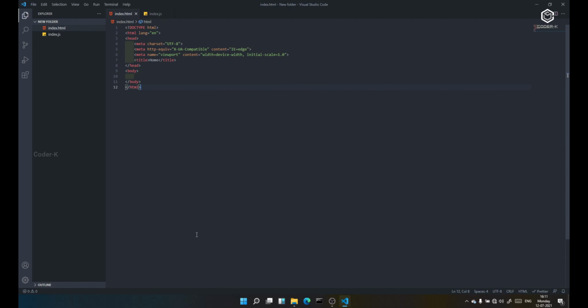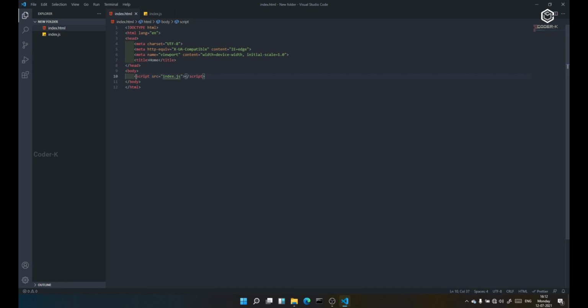To link our index.js file into our HTML, I need to provide a script. In the script, I should set the source to index.js. Now our HTML is connected to the script, guys.